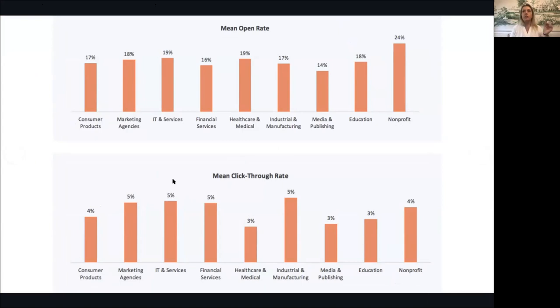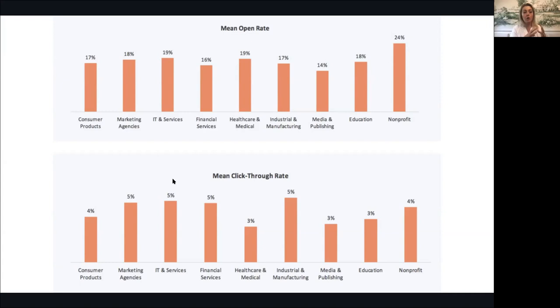So if you set your goal to have a 24% open rate on all of your emails, if you're a nonprofit, then you can probably meet that because other nonprofits are able to meet that. I know that when I was doing the newsletter for Sunrise County, Jen, that you send out, we have an opening rate that is very close to that, actually. I'm just looking at that, Jillian. Our open rate is running between 18 and 38%, depending on what's being sent out. Yeah, so that's really great.